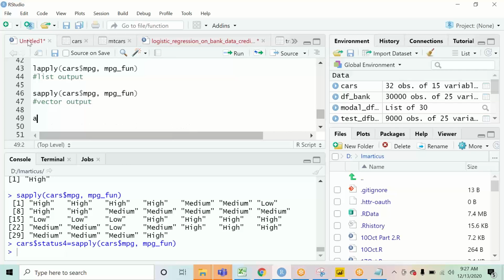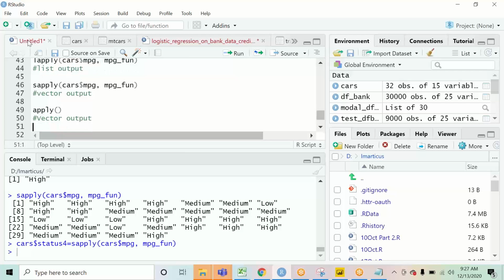And even if you will use apply, now apply has a usability that, it is a kind of a function that you can use. This can be applied on a matrix or a data frame, and you can define whether you want to apply a function row wise or column wise. Okay, and it also gives you the output in the form of a vector.